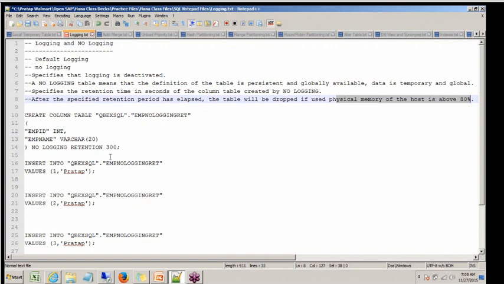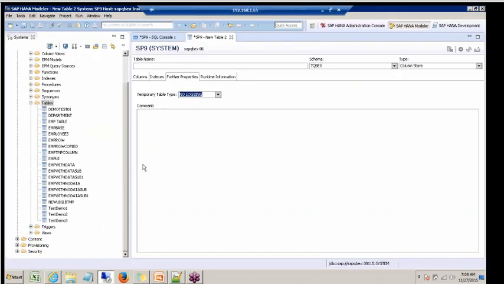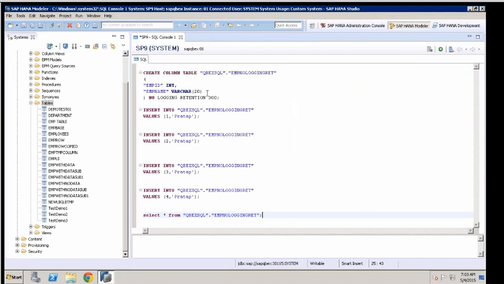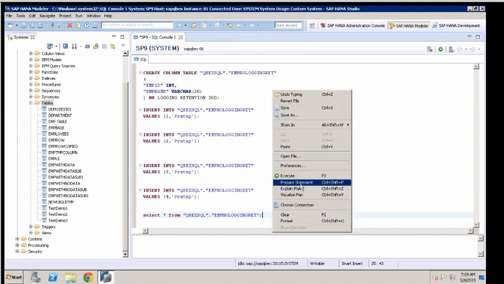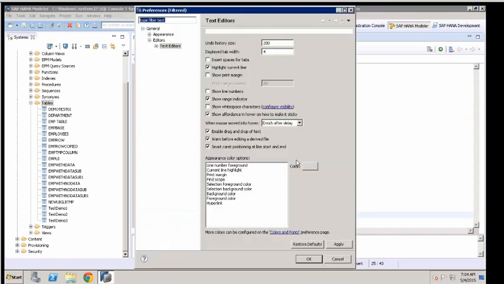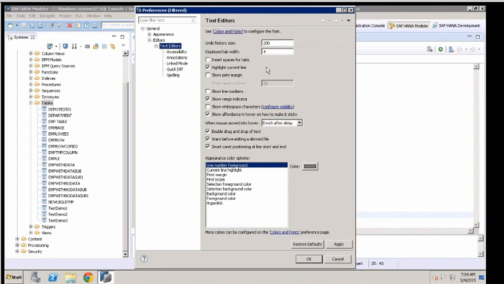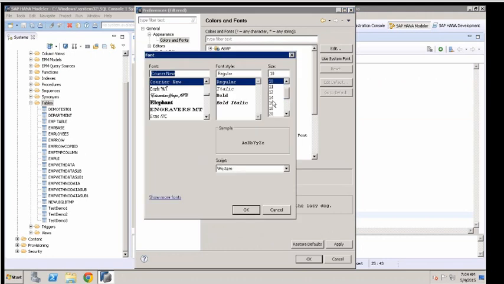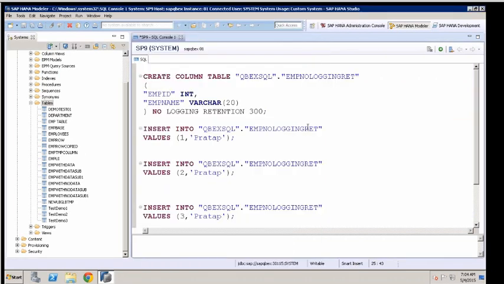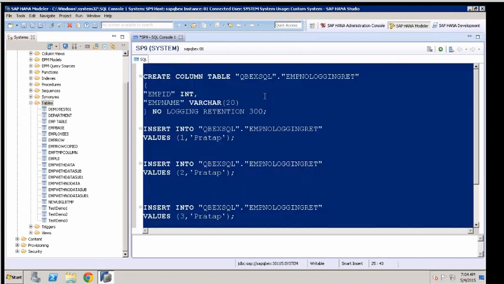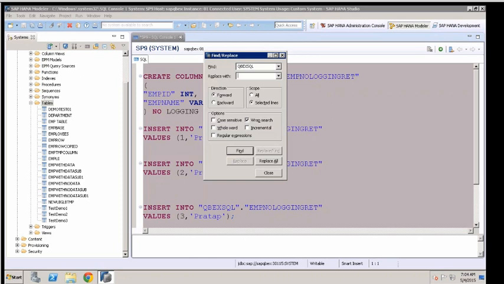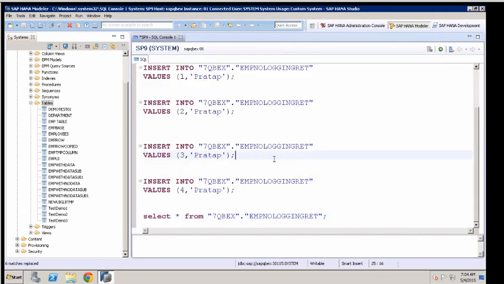But we cannot see that effect. With the SQL command, when you're creating the table, say create column table so and so.